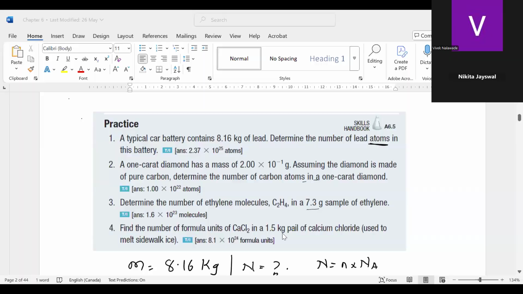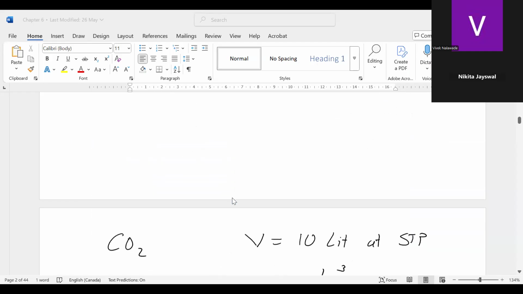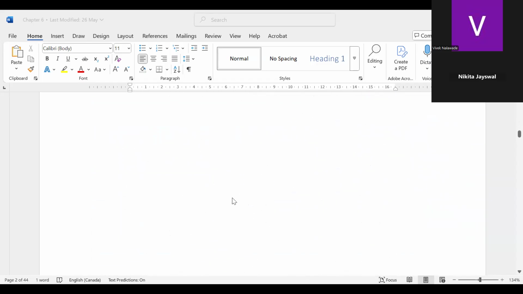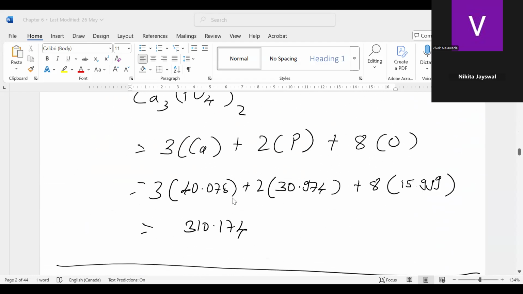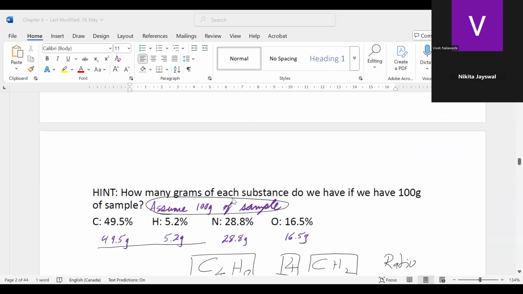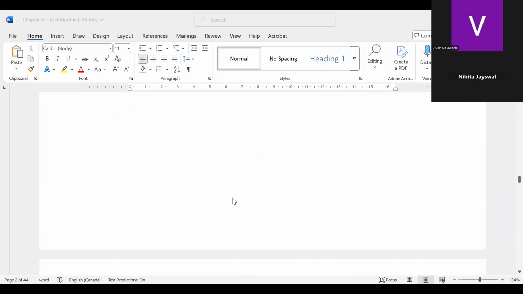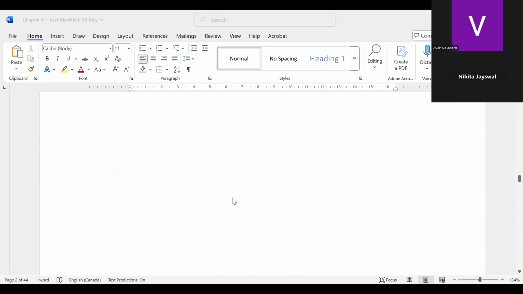Am I still screen sharing? This concept is clear to you, right? Whatever we did so far, that was clear. There is one concept that I want you to know, which is the difference between molecules and atoms. Do you know the difference between molecules and atoms? An atom is one, and a molecule is combined atoms. Okay, yes. So for example, if I have been given, let us say,